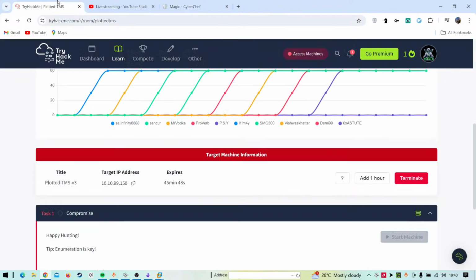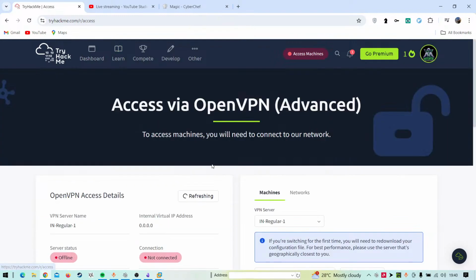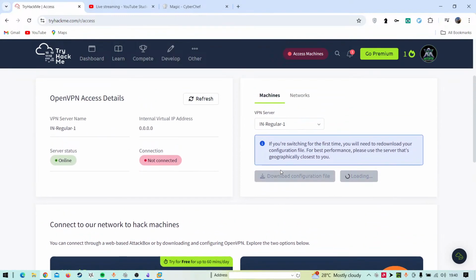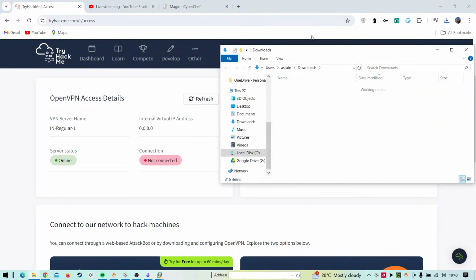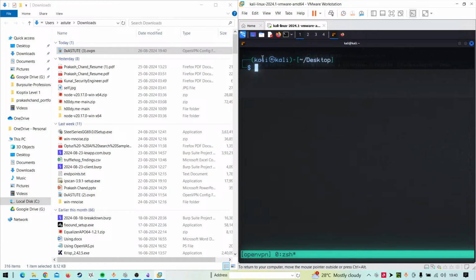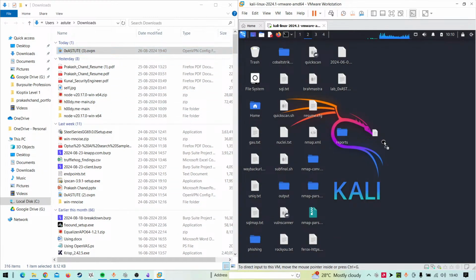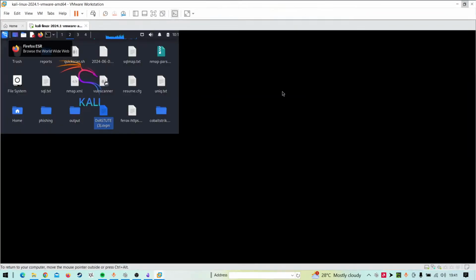We'll go up here and go to access, regenerate this stuff. And I should be okay downloading the VPN now. So we have three. Just drag and drop this. Let's go to here, copy this over here. I think this is the file. This file. Yeah, there you go. So if I now do a full screen,